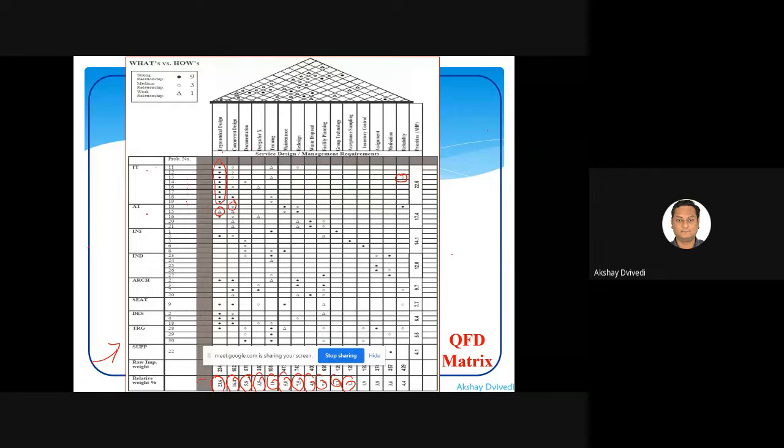This implies if I work only on ergonomical design, I will actually be doing a greater good for the majority of the problems. Now, why did I say this particular thing? There is an Italian economist, and the name of that economist is Vilfredo Pareto. Pareto has given a wonderful principle, and I hope everybody here will agree to that. What Pareto mentioned is that 80% of the wealth of society belongs to 20% of the population.